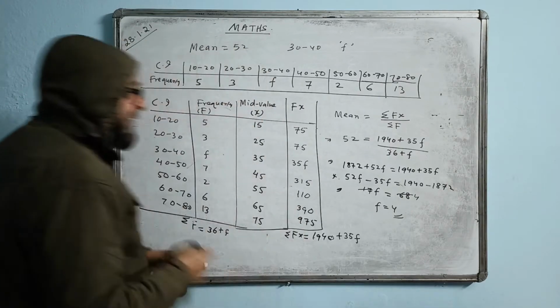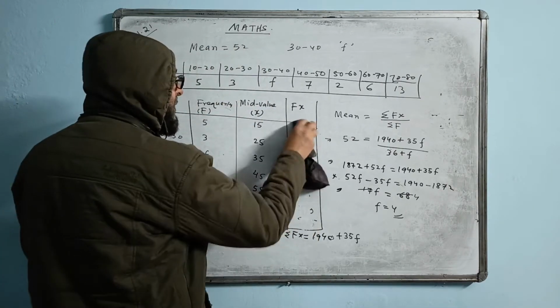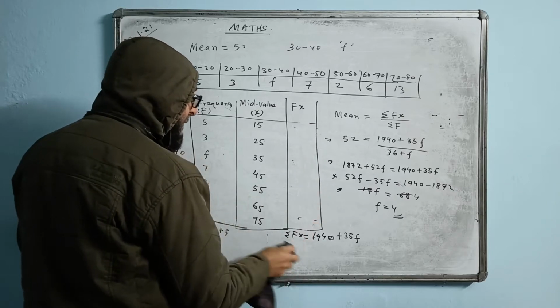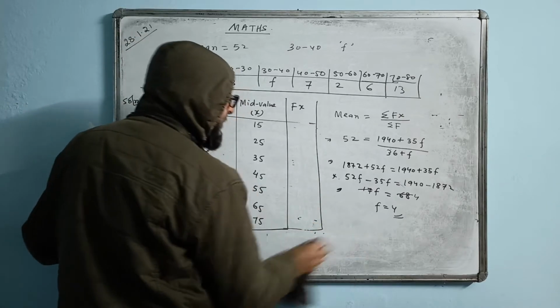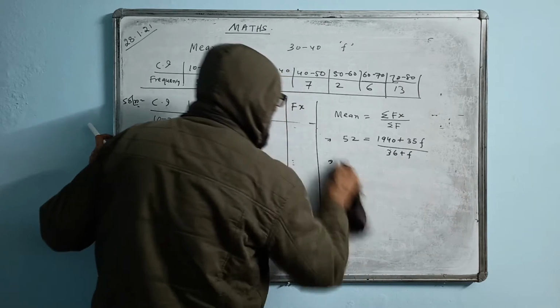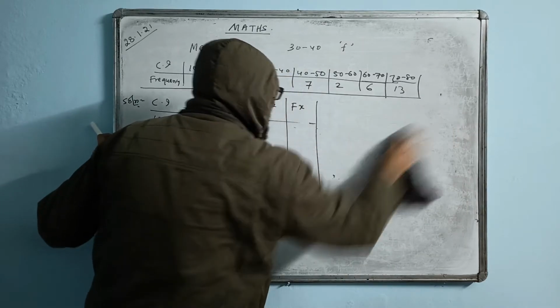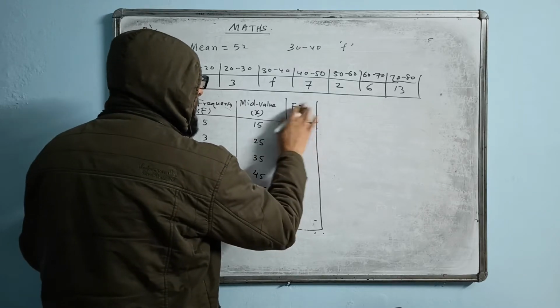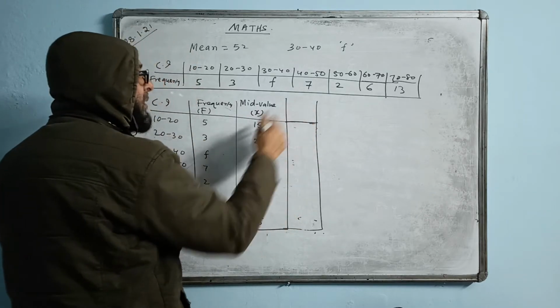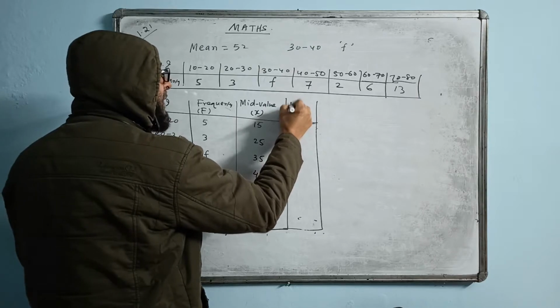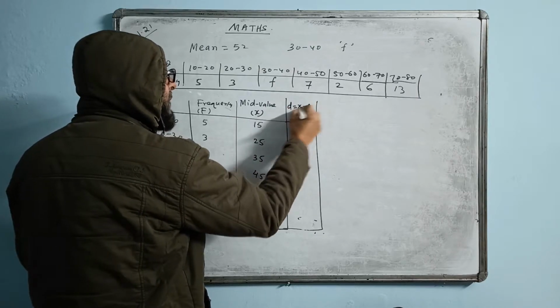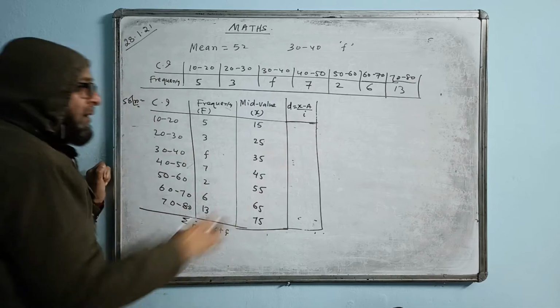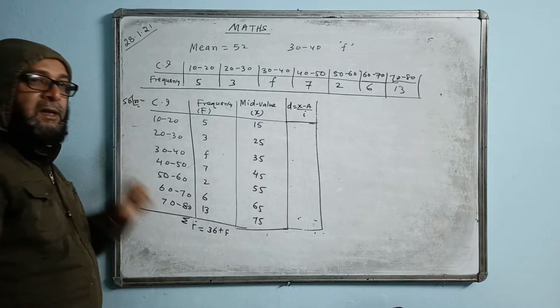So I will be following the step deviation method. Okay, now just see how we can do it. Exactly the same thing may happen to you during the exam, and you will get more nervous. Remember, your answer may come negative, and a negative answer cannot be possible. So what I will do now, I will change this method and do the step deviation method. I write d is equal to (x minus a) by i. Just see, the problem is so easily solved now.